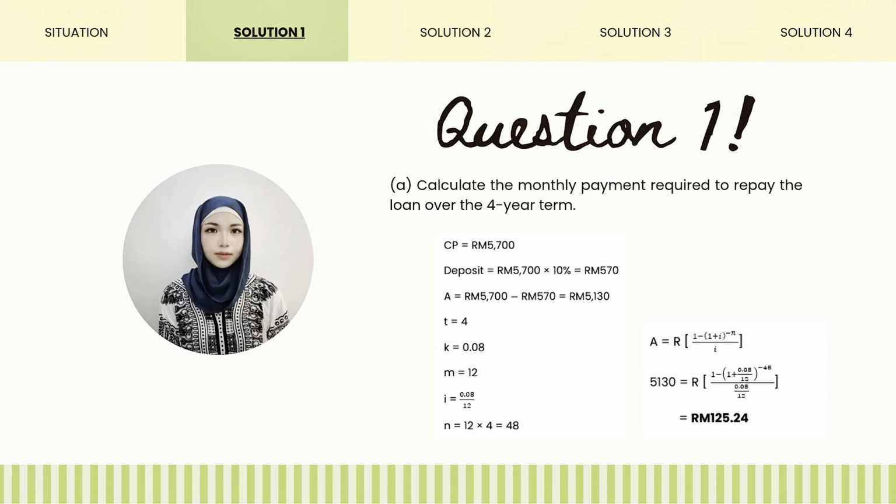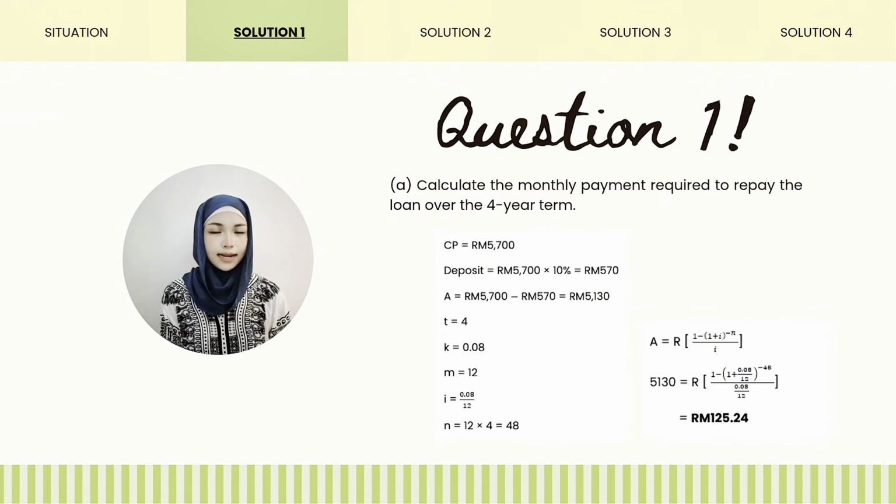Since I purchased a luxury watch priced at 5,700 and made a 10% deposit, which is 570 ringgit, therefore the amount financed is 5,130 ringgit. Next, the loan term is 4 years, so t is equivalent to 4. The annual interest rate is 8%, which is written as 0.08 in decimal form. Since the loan is compounded monthly, m is equivalent to 12. We then calculate i, which is 0.08 divided by 12, so we'll get